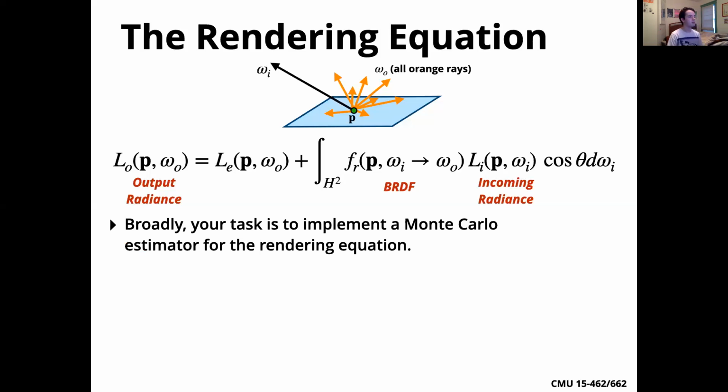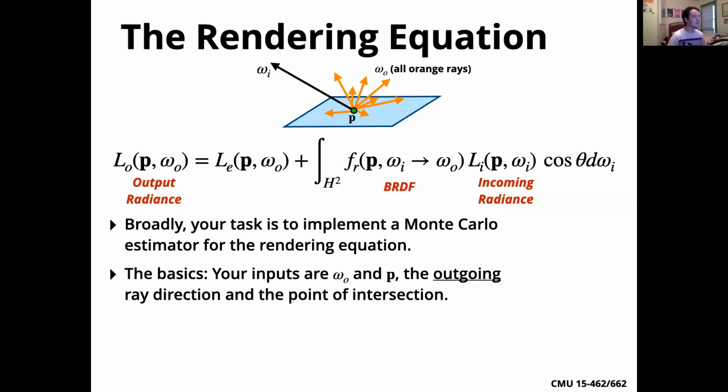Okay, so broadly, your task is to implement a Monte Carlo estimator for the rendering equation. How do we do that? Absolute basics: your inputs are W_O, the outgoing ray direction, and P, which is the point of intersection. So we just raycast into the scene with some bundle of light, and the confusing thing,